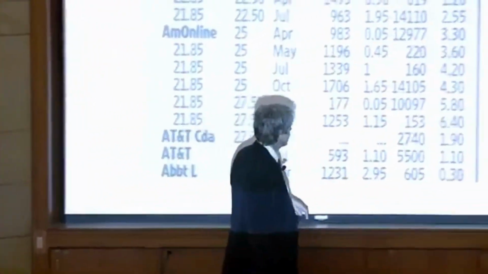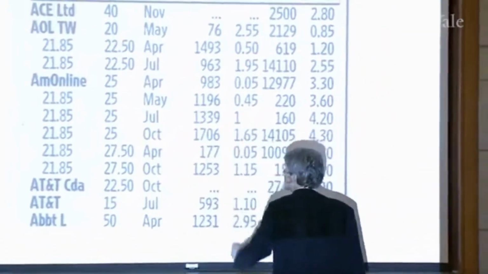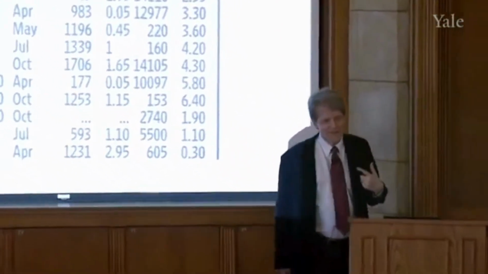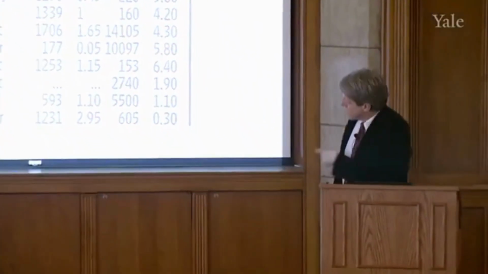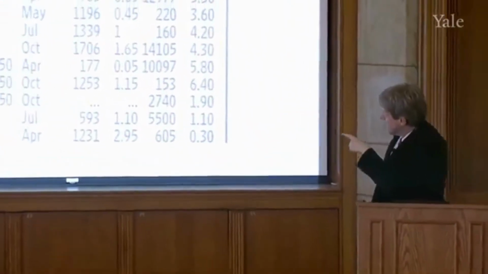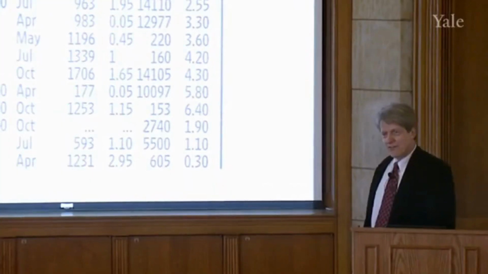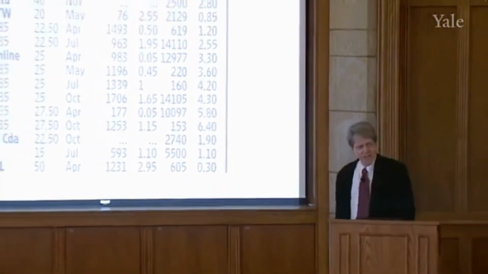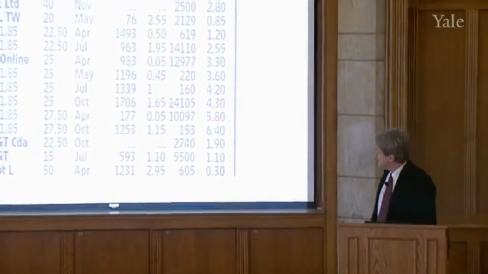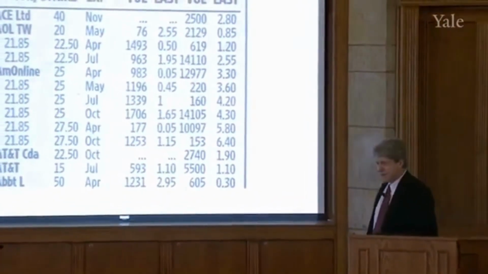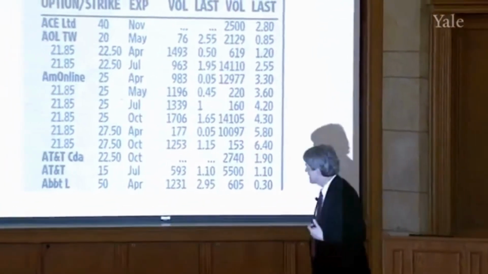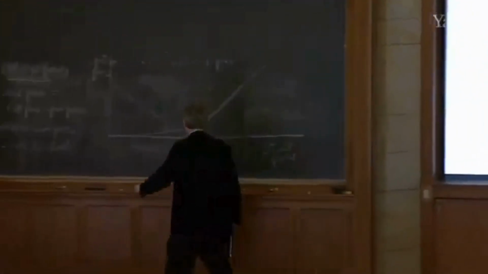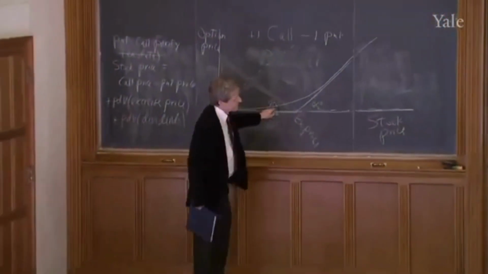And what are people paying for that chance? 45 cents. Not much. Why are they paying so little? Well, you could say intuitively, it's because it's pretty far. $21.85 is pretty far from $25, and this option only has a month to go. What's the chance that the price will go up that much? Well, there is a chance, but it's not that big, so I'm only willing to pay 45 cents to buy an option like that. So we're somewhere like here on that row that I've showed you.